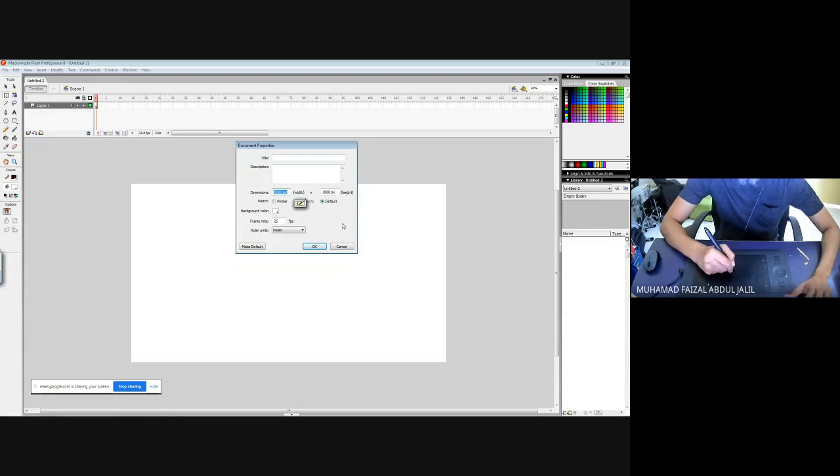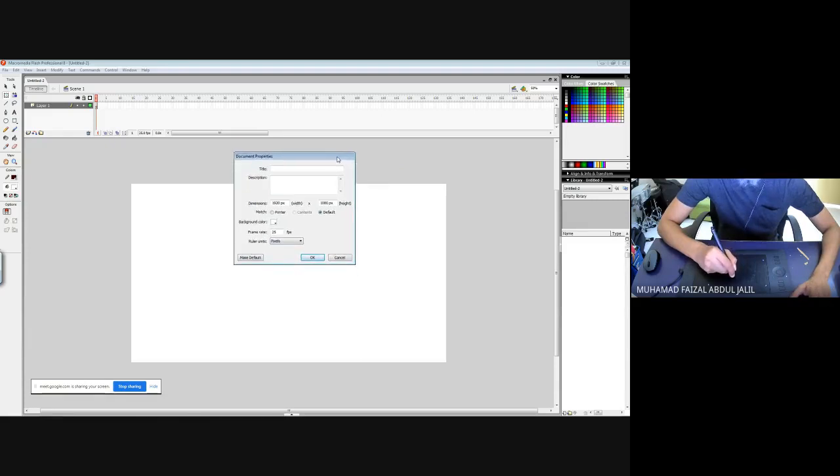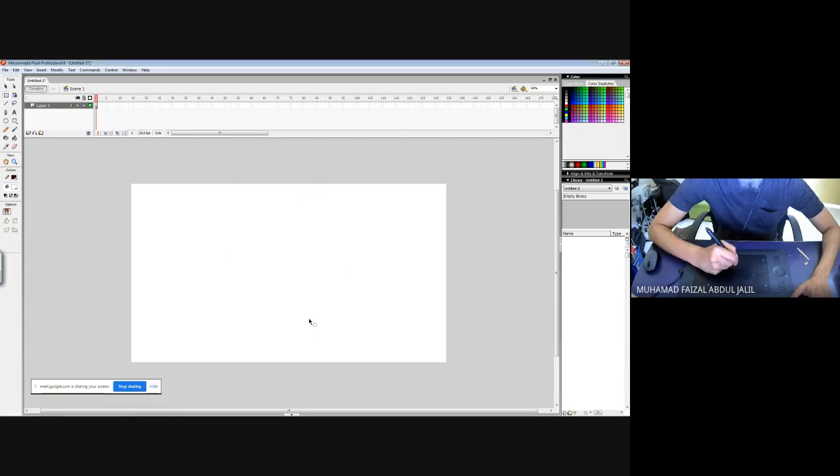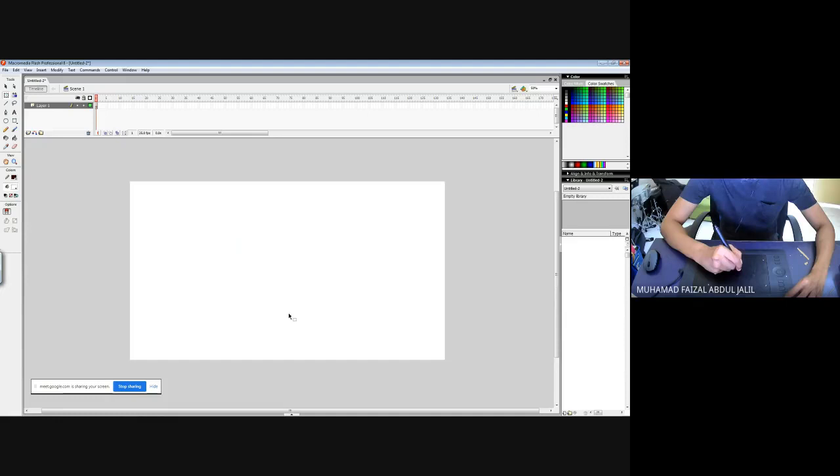It is around full HD, a 16 by 9 format. The frame rate is going to be 25 frames, and the ruler unit is going to be pixels. I'm not going to use inches or centimeters. If you have this format set up in Adobe Animate, make it the default and click OK. Then you have this canvas there.